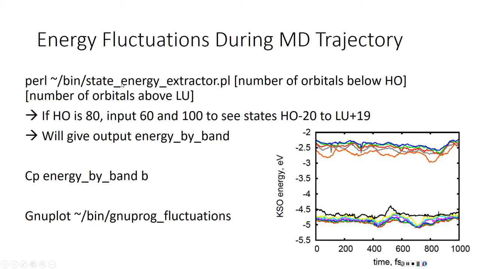So there's a Perl script in the bin that extracts energy from the OUTCAR file, I believe. And then you put in 2 numbers at the end of the script, so a number of orbitals below HOMO and above LUMO. So if your HOMO is 80, you put 60 and 100, so you can get a wide range of orbitals to look at. And then that Perl script gives you an output energy by band. You just copy that to B, because that's what the new plot file looks for when you plot it. And then that new plot outputs